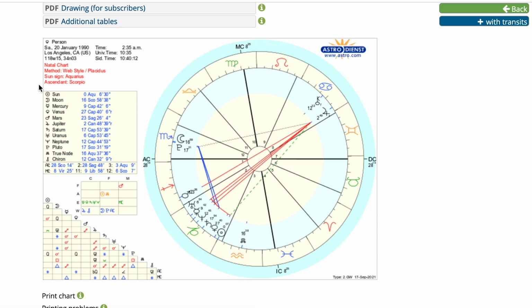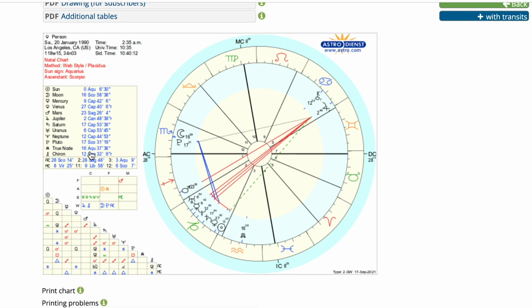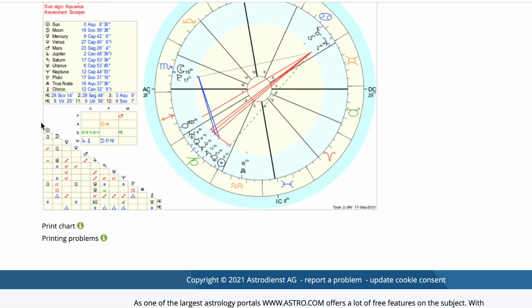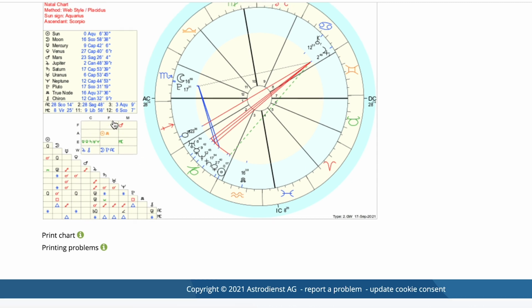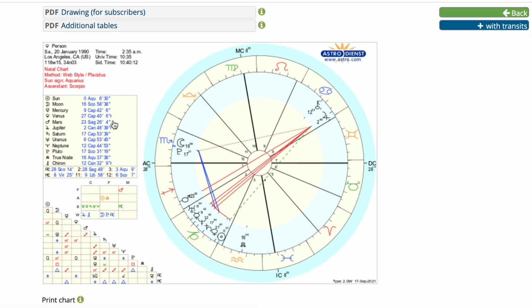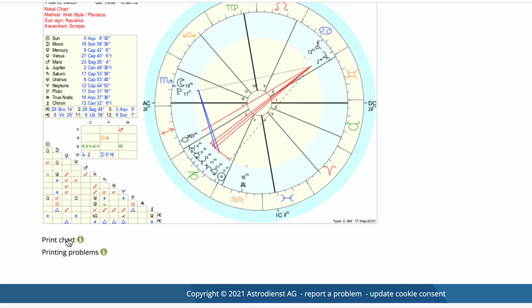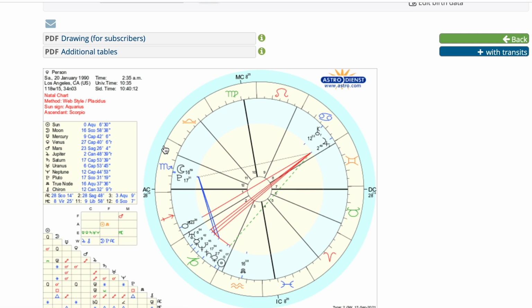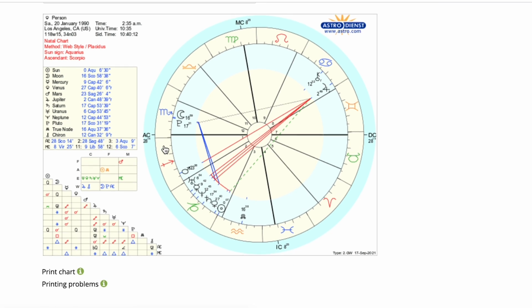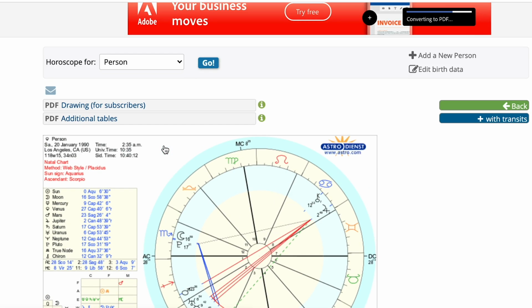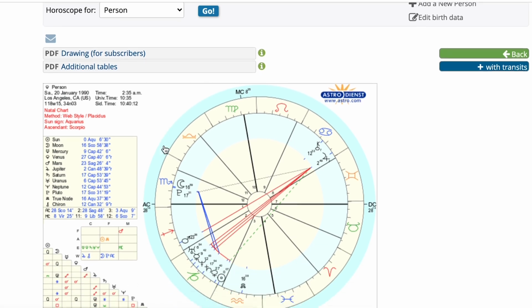And I really like this table right here on the left side. It says where the sun is, where the moon is, with the whole degrees. It also lists the aspect table. This is an aspectarian. It's an aspect table, and the qualities and elements right here in this little table. So that's a good chart. That's a really good chart. We can print that chart, which is nice. Yeah, I like it. I like this chart. So you may want to use this one.